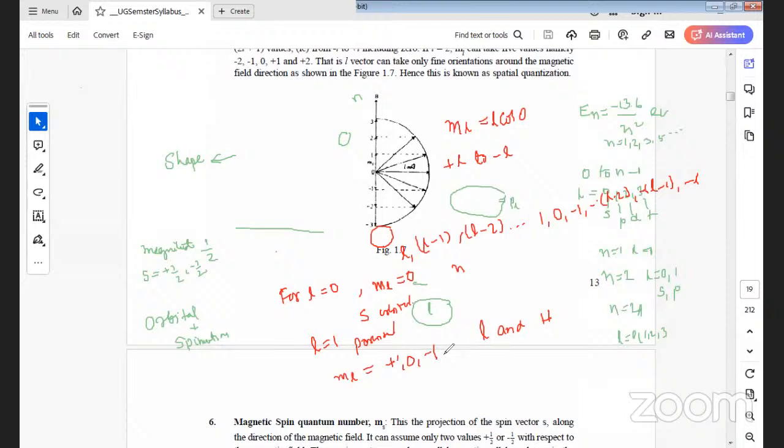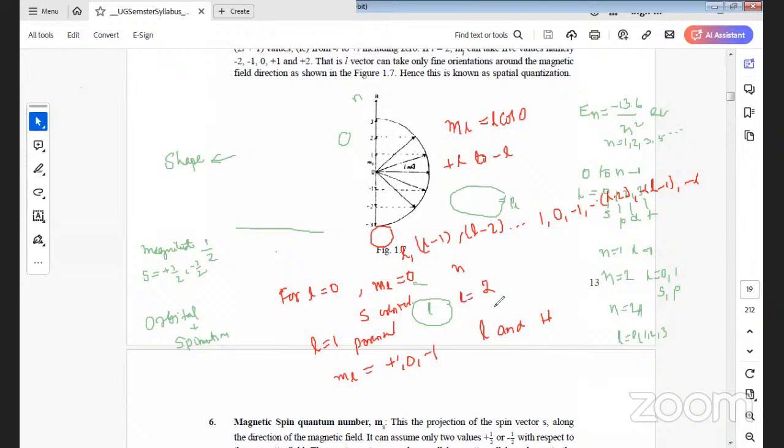So three permitted orientations are possible in this case: plus 1, 0, minus 1. And if we go for the next, L equal to 2, if you take,